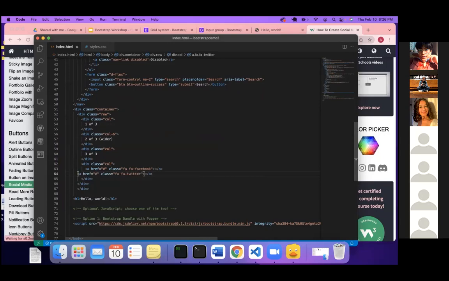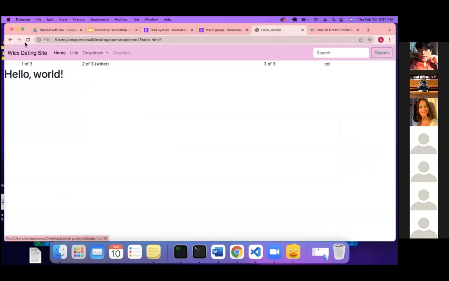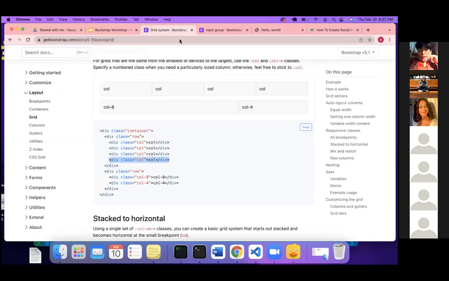I just want it to look a little bit nicer. And then I'm just going to delete this because I don't want that there. Okay. Are my icons there? Yes. Cool. And then this looks kind of ugly, and I do want to put something there. So let's go back to our